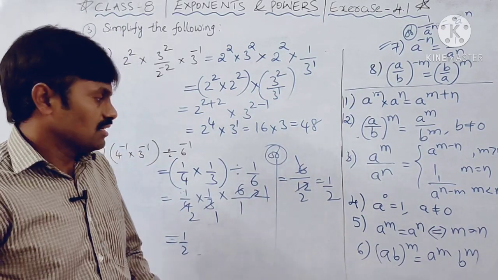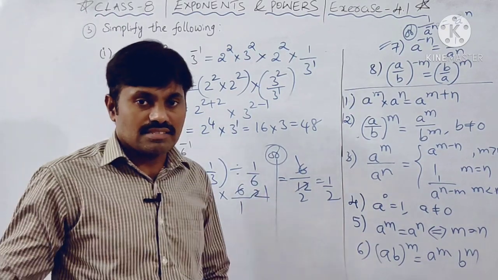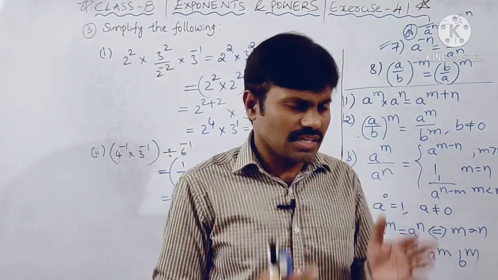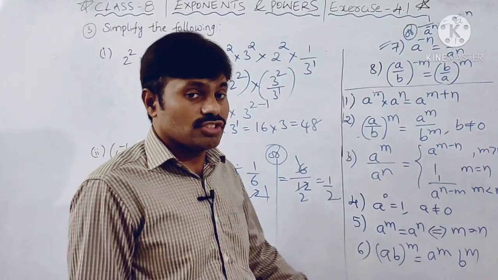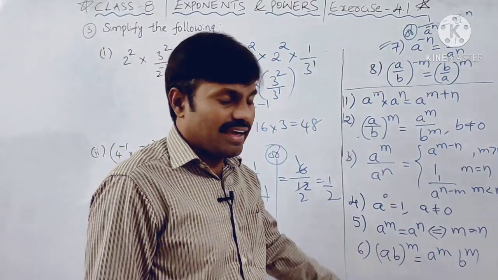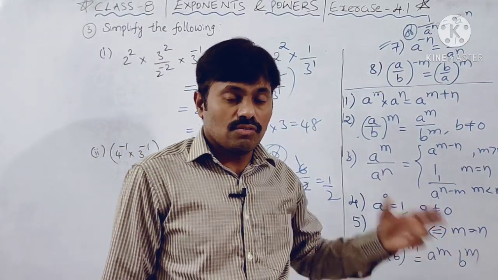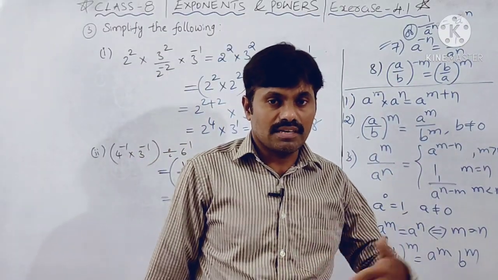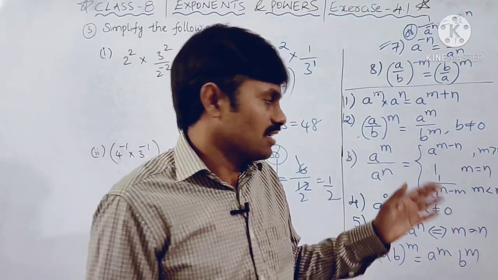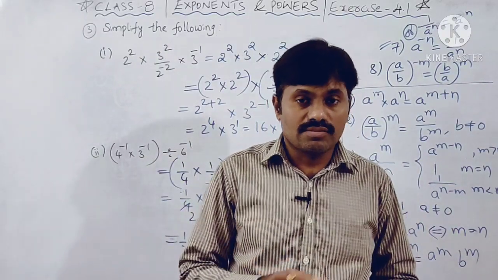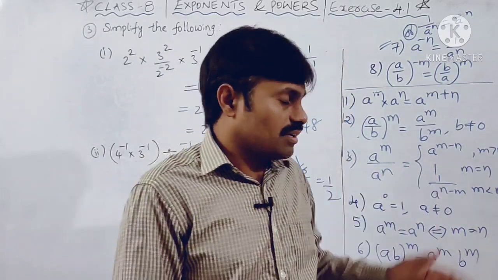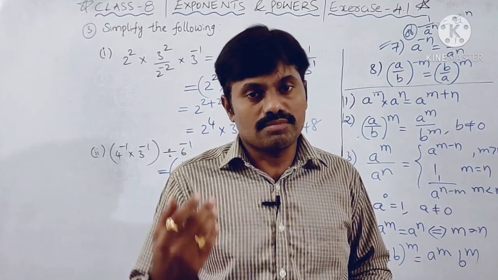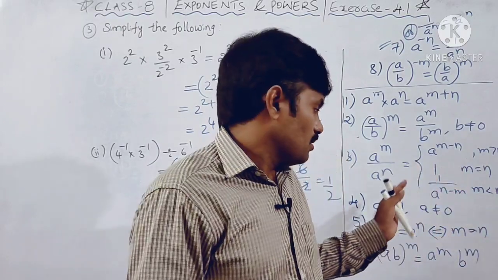Okay, clear? So this is the way we can solve problems using laws of exponents. Don't worry, these are very easy problems, but we should remember these laws. We should keep in our mind that these are all laws of exponents. Just by recalling and repeating many times you can remember, and also write without seeing one time in your notes. Writing 2 to 5 times you will get a better understanding.